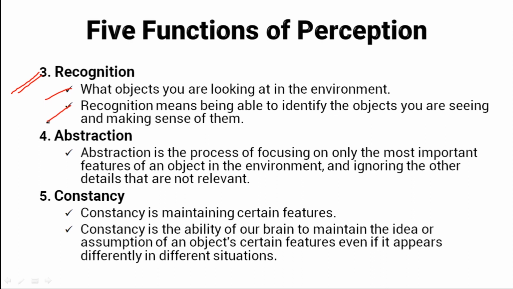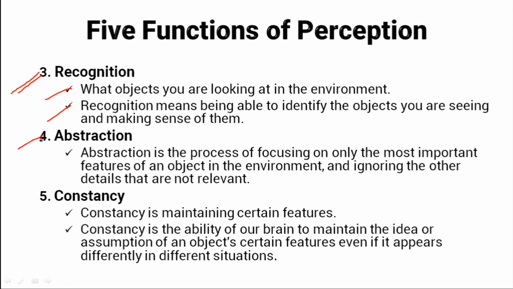And the next two steps in perception are related to how our brain works with certain assumptions when processing and updating information from the environment. These assumptions help us to make sense of the world around us and make decisions without having to think too hard about every single thing we encounter. Assumptions are the ideas or expectations that our brain automatically generates based on our past experiences and knowledge. For example, when we see a chair, our brain assumes that it's something we can sit on because that's what chairs are usually used for.